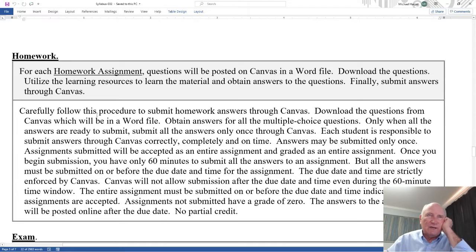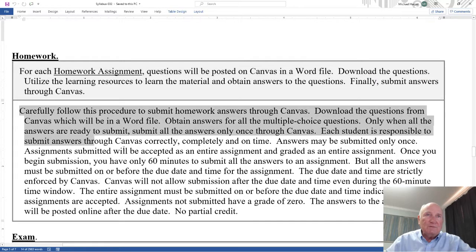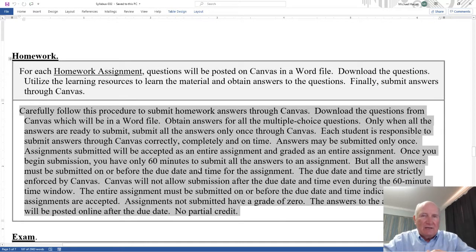Okay, homework is important here. For each homework assignment, questions will be posted on Canvas in a Word file. Now, read this very carefully on how to submit answers. You go into the homework, you download the Word file. You have all the questions. Work the questions, get the answers, collaborate, go into Excel, but it'll be multiple choice. I think maybe once or twice you upload a file. But once you get all the multiple choice answers, you get all the answers for your homework, only then